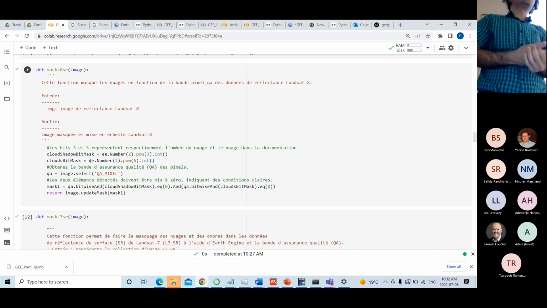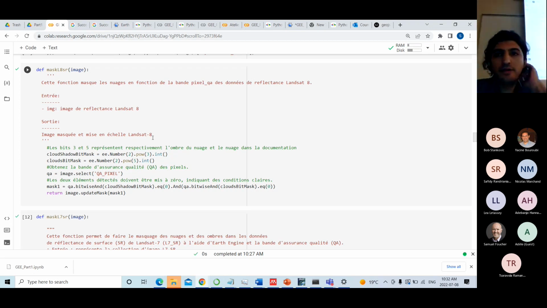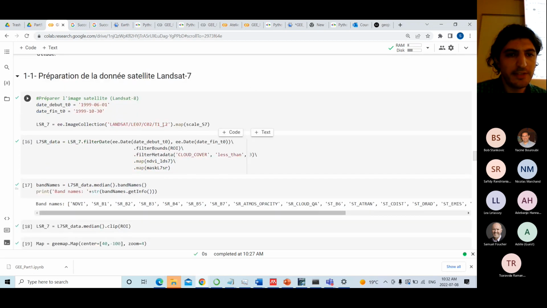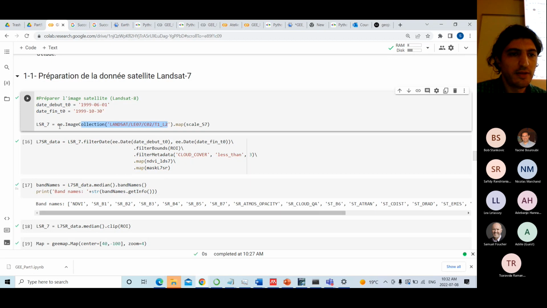You need these quality control files to remove the low quality pixels or cloud shadow. Let me show you for one of them. For example, if I search this one, in the Landsat 7 or